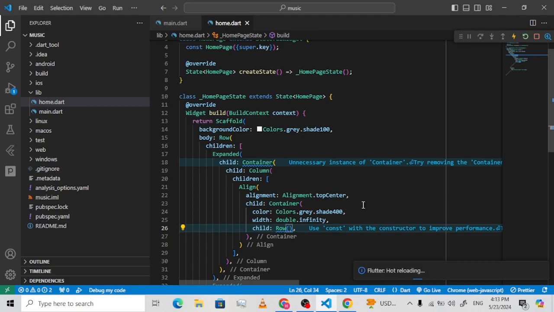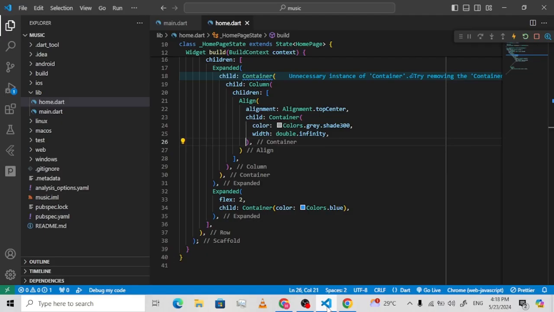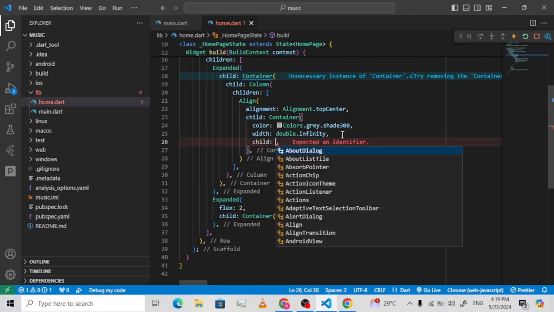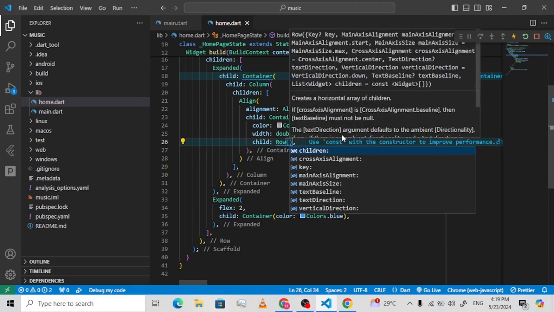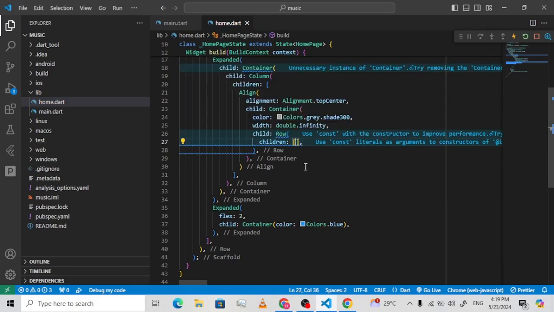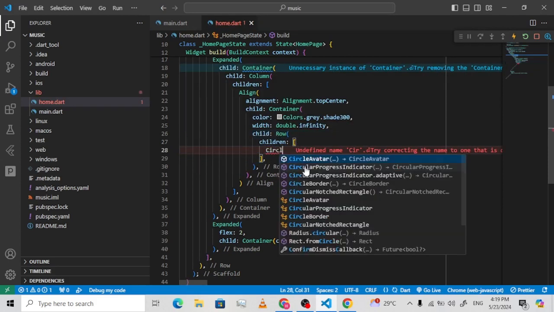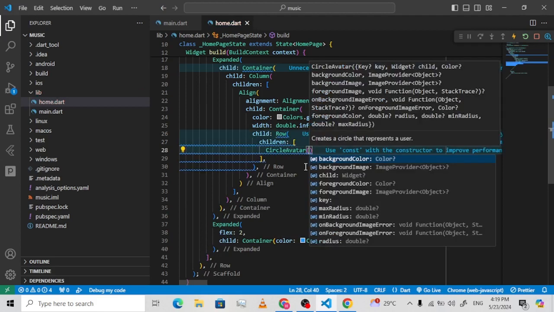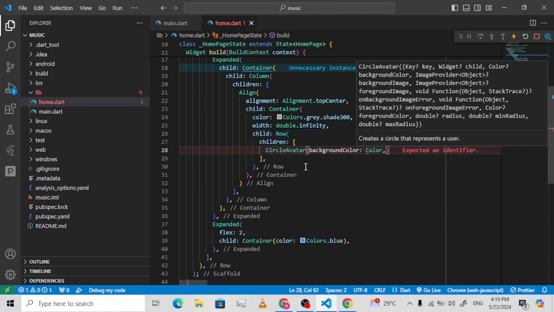Let's save and see the output. So this is the output. There's not much done here, and it's not displaying anything. That is because we haven't added our content yet. Let's start by adding our content. So the child, let's set the child to a row widget. And inside this row widget, let's first create a CircleAvatar. This one would contain our image. For now, let's set the color of this CircleAvatar to